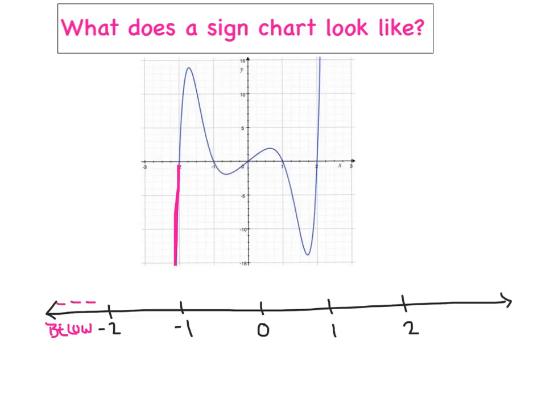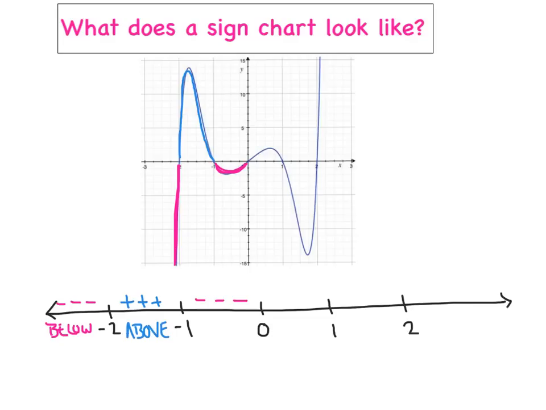Okay? Next thing, we'll say, do you agree that everything between -2 and -1 is above the x-axis? So I'm going to put a series of plus signs there, and that represents above. And that's not just one value, but every single value between -2 and -1 is above. And then we'll say, well, we got this little bump in the road here that's below, so I'll put a